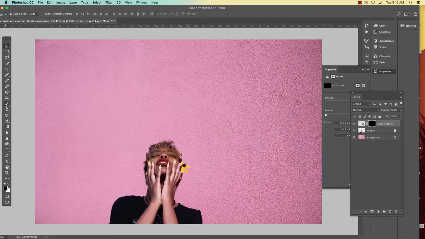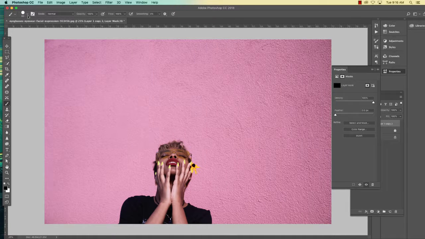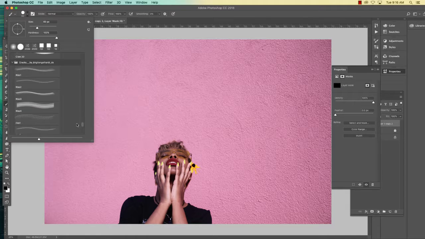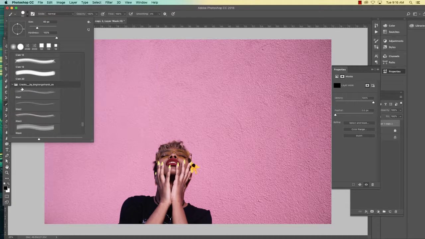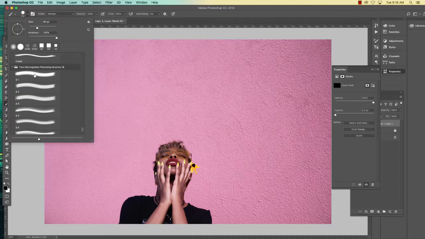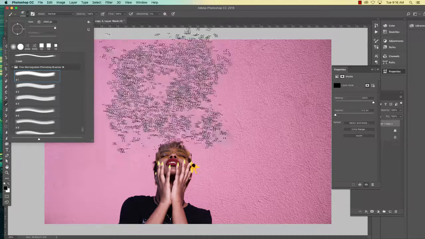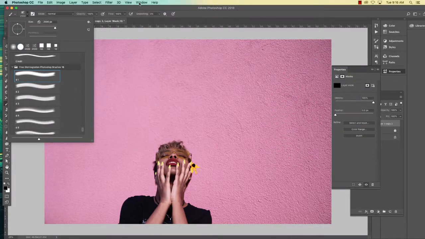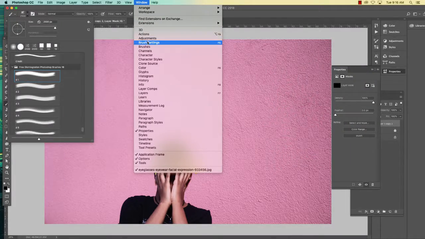So now what I'm going to do is go to my brush tool, and I downloaded a brush that was entitled Dissolve. So it's called, not cracks, there we go, Disintegration. I'm going to click it. You can see I get this big disintegration, and I'm actually going to go up to my Window menu and go to Brush Settings,